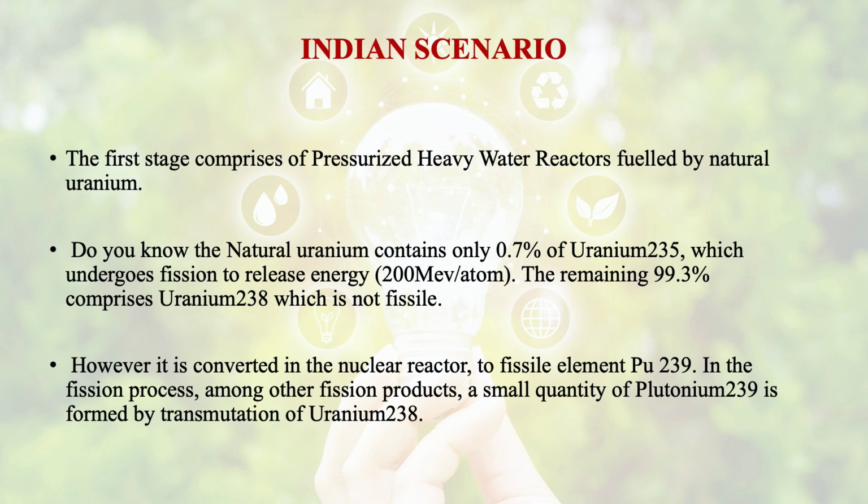However, it is converted in the nuclear reactor to the fissile element plutonium-239. In the fission process, among other fission products, a small quantity of plutonium-239 is formed by transmutation of